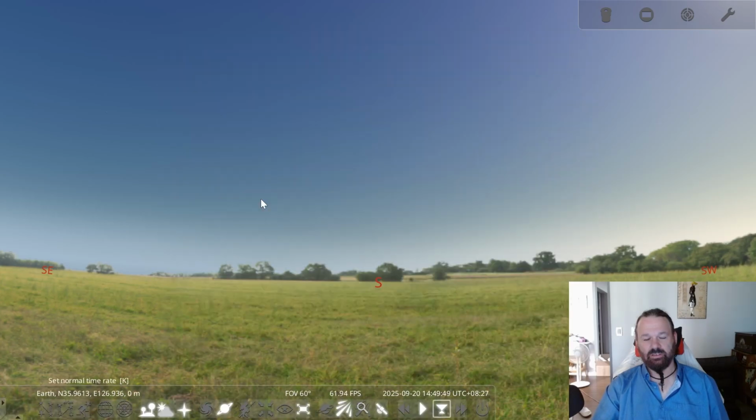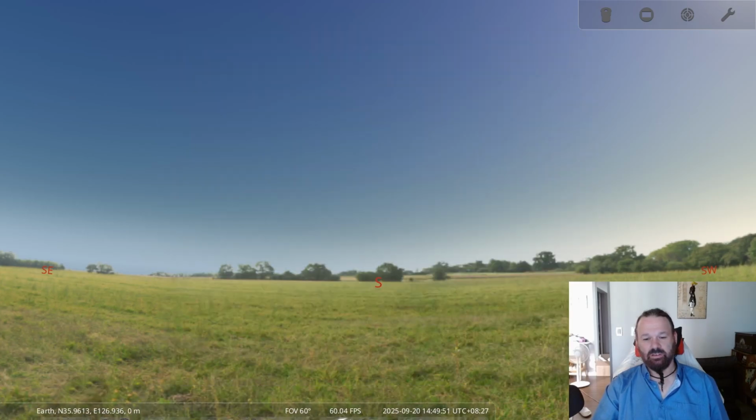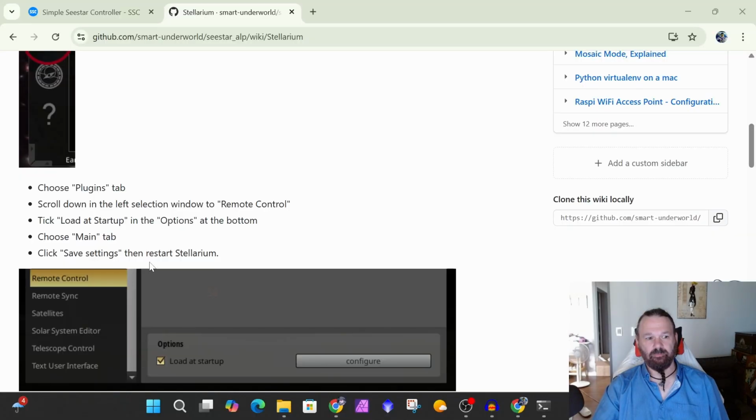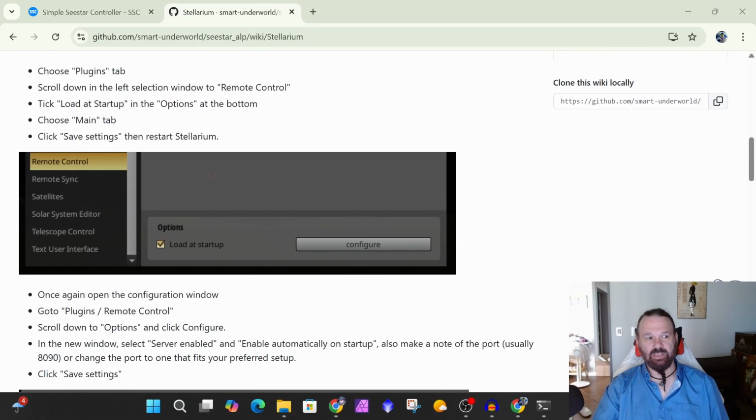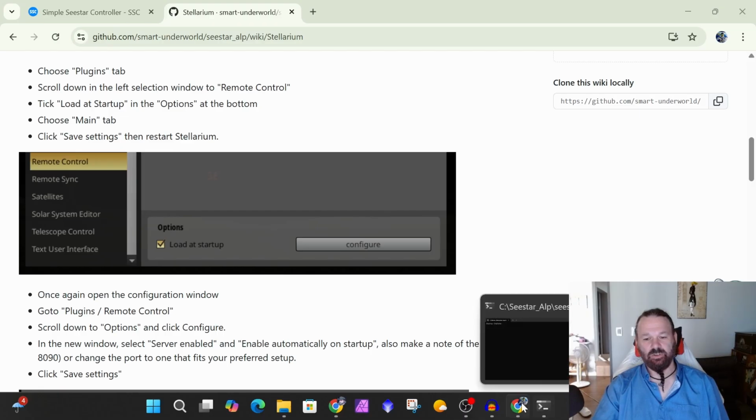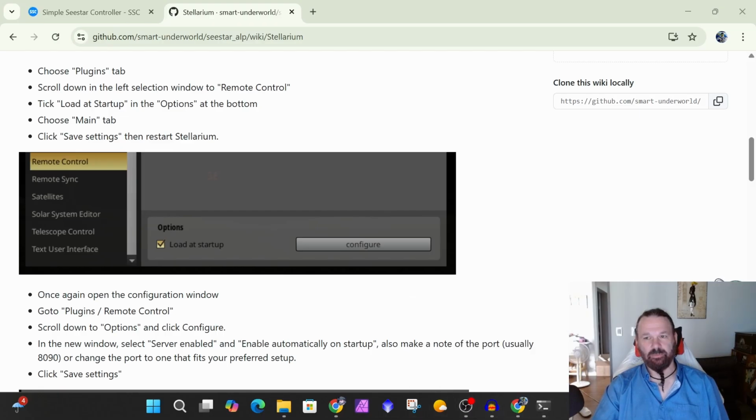Alright. Close Stellarium. Yeah, I did this. Main tab, save settings, restart Stellarium. So,